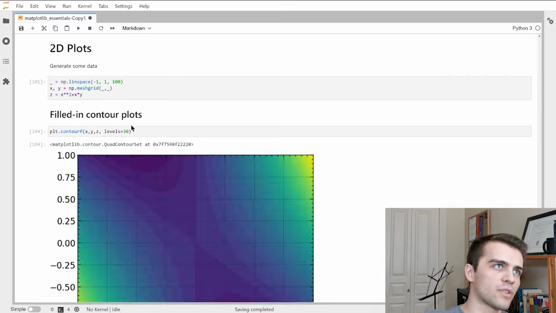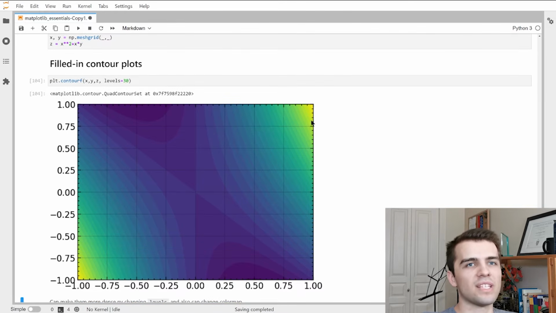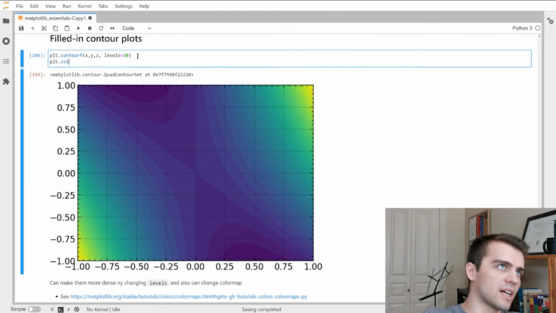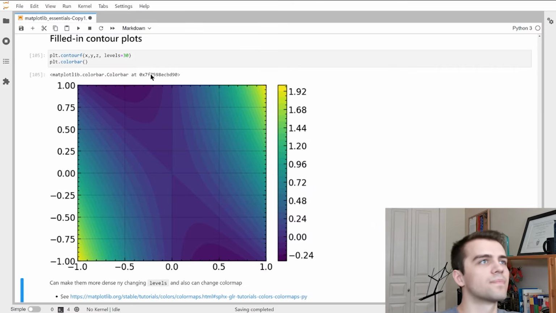Levels is equal to 30, for example. Now you have more of these contours, right? That's what a contour is. It's a line of a constant value. And now you can see that the function gets higher here and lower here. But what do the colors actually correspond to, right? And for that, you probably need a color bar. And so now I have a color bar on the side that tells me the value corresponding to what color,